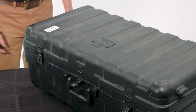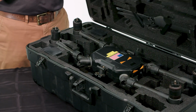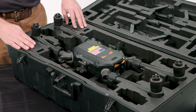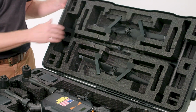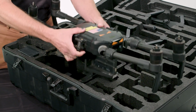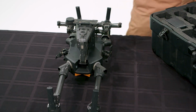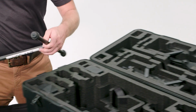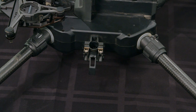Okay, we have our aircraft in the box on the table. We're going to go through the box. Here we have the aircraft, 2 batteries, your landing gear, and your propellers. Remove the aircraft from the case, place it on the table, take out your landing gear, attach your landing gear in the appropriate spot, install the landing gear,